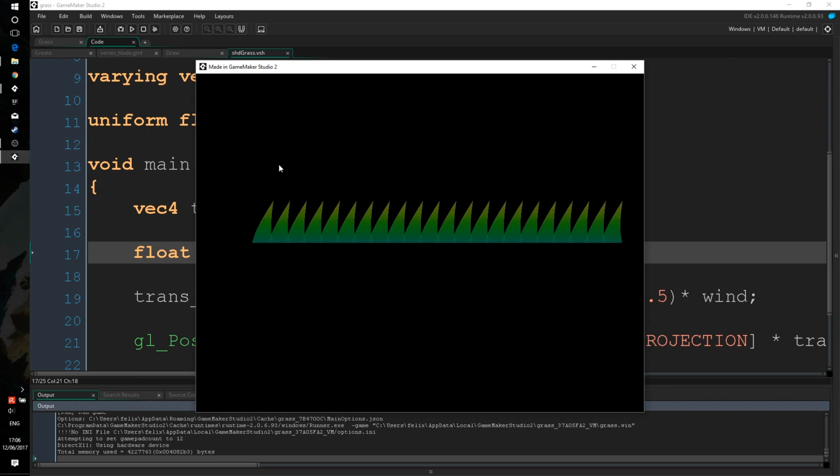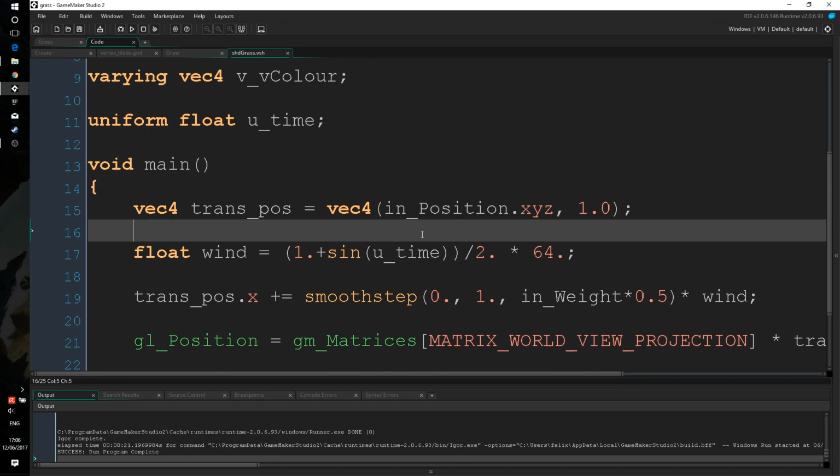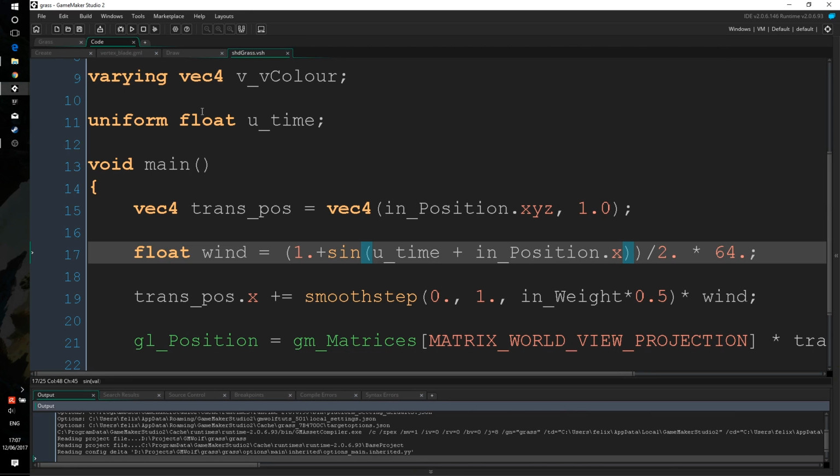Now it still isn't quite right, everything is moving at the same speed, it's not quite there yet. What we can do is make things go at different speeds based on their position. One way we can do this is by adding to our time uniform our position. We can add the x position, so that the more to the right you are, the more ahead of time you are. And this changes the syncing of our grass blades, giving us a much more natural looking